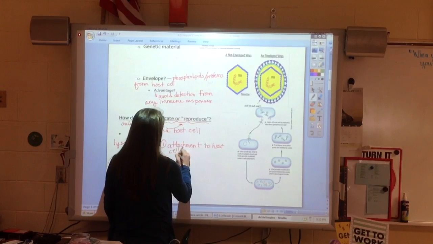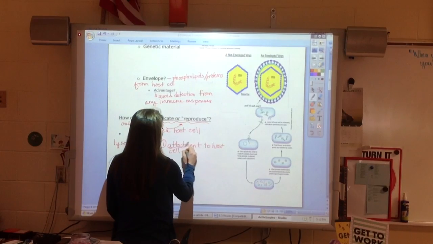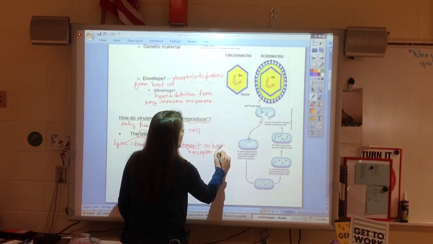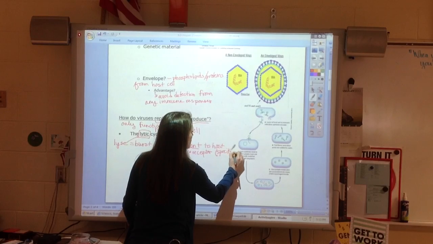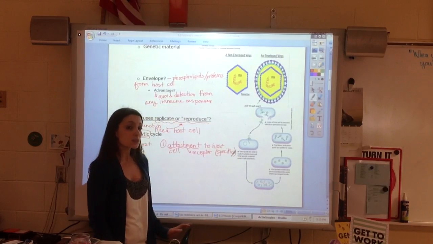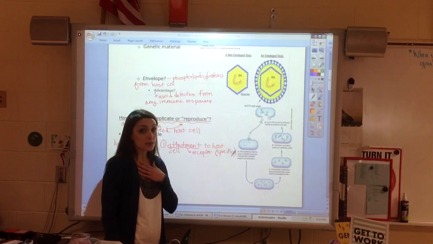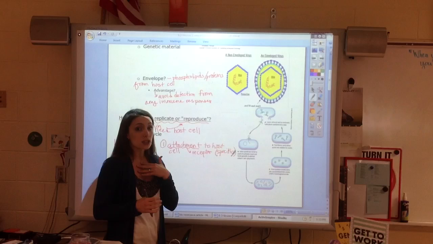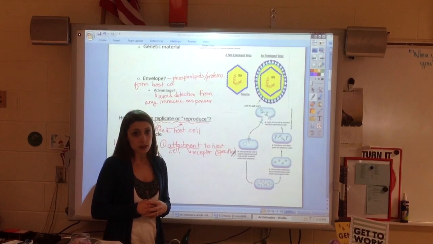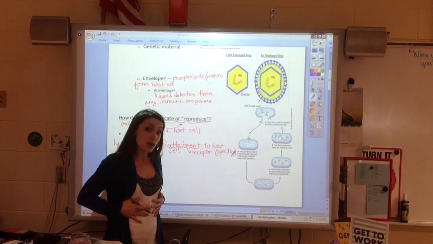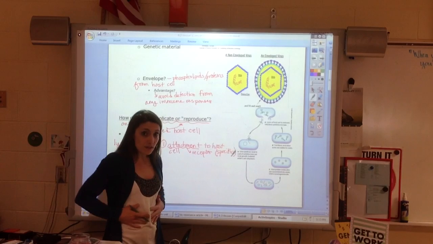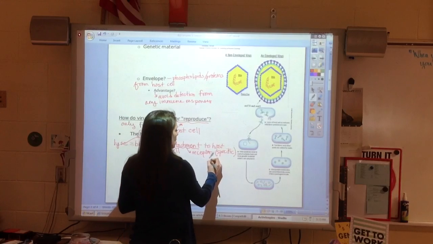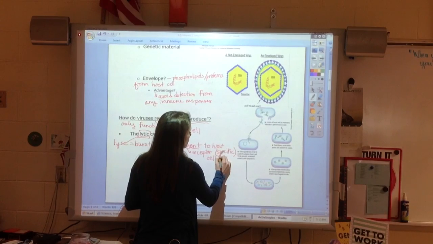And this sounds pretty simple, but we have to keep in mind that this attachment is usually going to require some sort of receptor. And we do want to indicate that usually it's very specific. So this is why if you get infected with a virus, your symptoms might be very localized. So the rhinovirus, or the common cold, is really just going to infect the upper respiratory system. Versus if you have pneumonia influenzae, you're going to have infection of the lower respiratory system, such as the lungs. So we do want to understand that we are cellular specific.